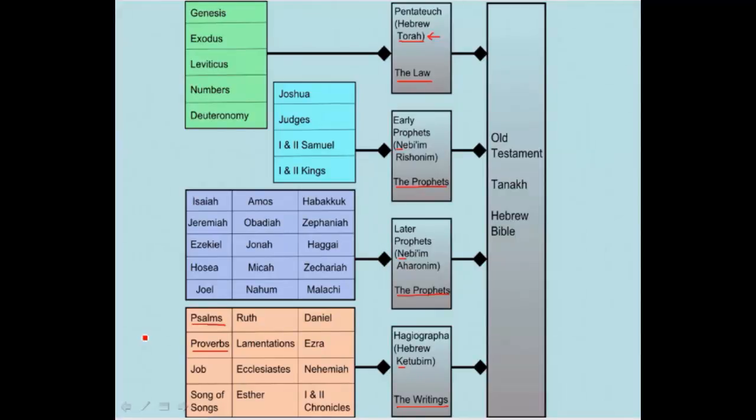You also have other things that don't seem to fit into the laws or the prophets, almost like novels, like the book of Job, or Ruth, or Daniel, Ezra, Esther, the Song of Songs, Nehemiah. There's a bunch of different books that don't seem to fit into the law or the prophets. Here you have a different